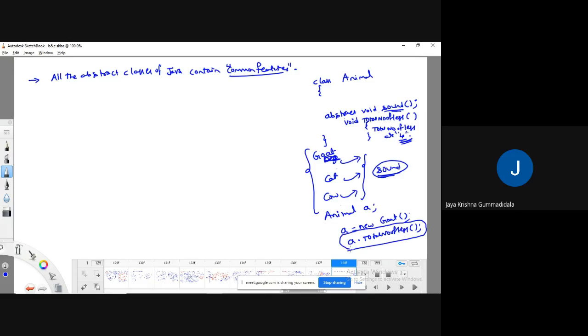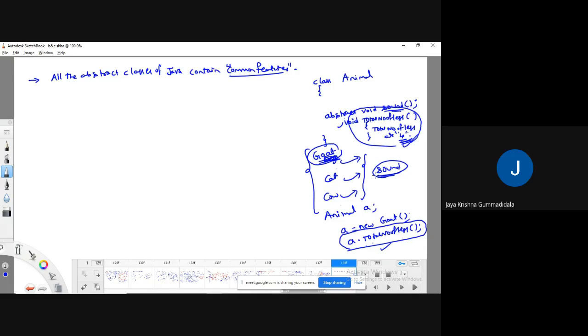During compilation it is going to check for this one, but during runtime it is going to check for which class? Goat class. Does the goat class contain total number of legs? No. Then go for checking the superclass, so it contains 4, so it is going to display that. Okay? This is what I showed during the explanation of object typecasting.